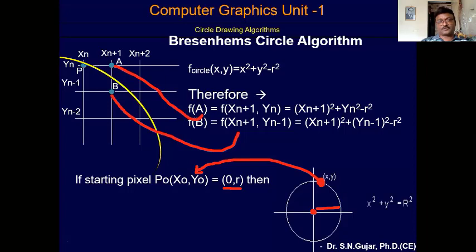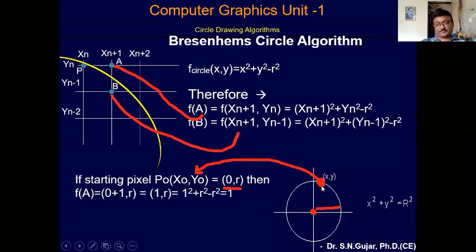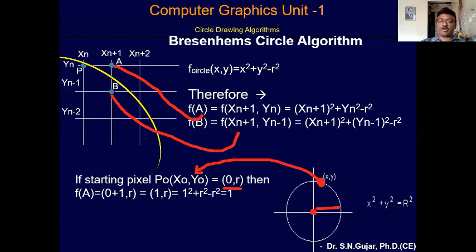Now, once you have considered my x0, y0, that point on the circle, suppose in a line I have put this x, y point on the line, it means this equation must follow that line equation. Here also, the circle: suppose I have put this x0, y0 on the circle. So what is your circle equation? x square plus y square is equal to r square. So that should satisfy your circle equation.